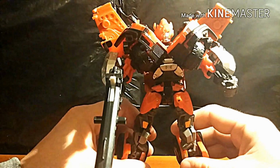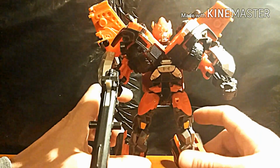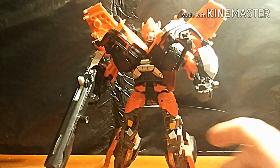Cannon Fire Ironhide. I did like the movie one, however, this one was more of an eye catcher than the movie one. But that's Ironhide all in a